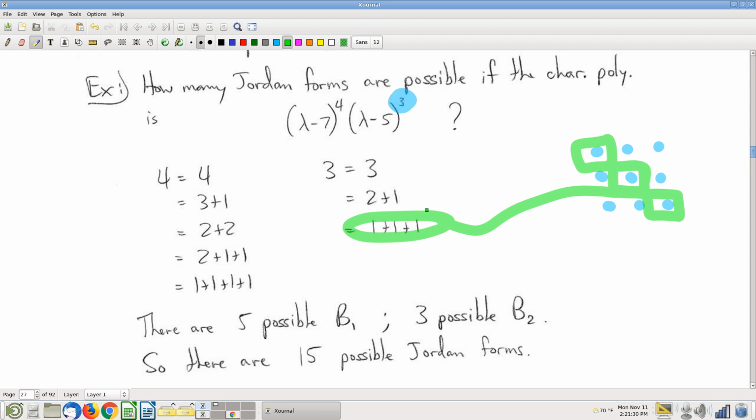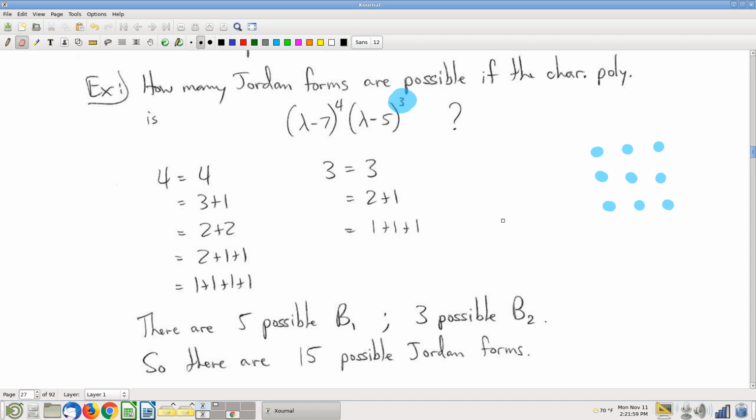many columns each one of these Jordan blocks is taking up. And notice, of course, the total number of columns has to equal the sum of the number of columns that each one takes up. So we know there's 3 columns. The multiplicity is 3. So what we're really looking for is the number of different ways that you can add positive integers to make 3. Okay? So you don't even have to draw the pictures to come to this conclusion, since there are only 3